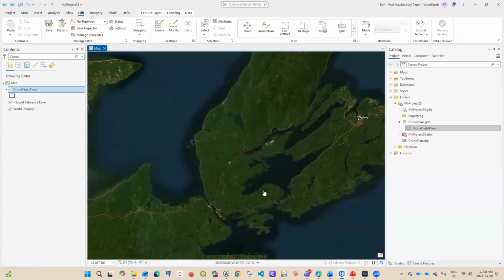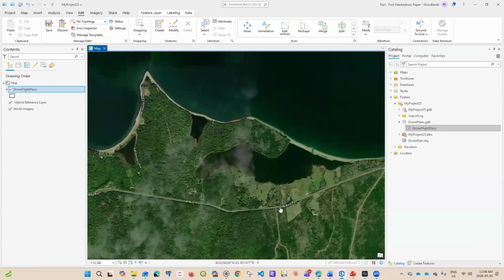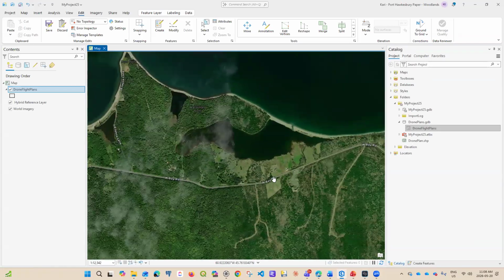We're in beautiful downtown Roberta right now. This is my house right here. We're going to be flying this part of this peninsula, which is just across the pond from where we're at. So we need to create a shapefile, a polygon of some kind, or go directly to a KMZ of that area